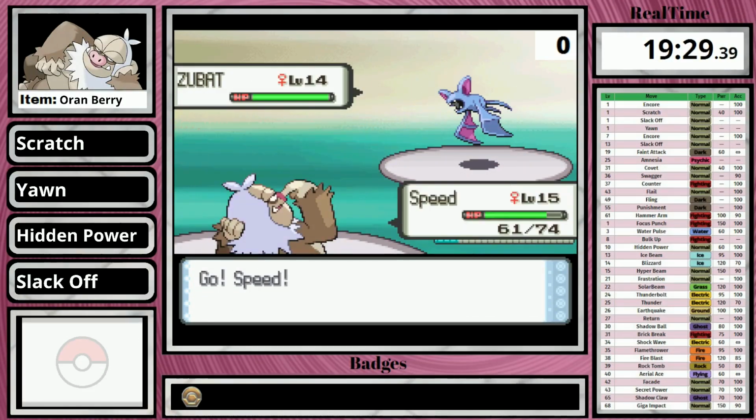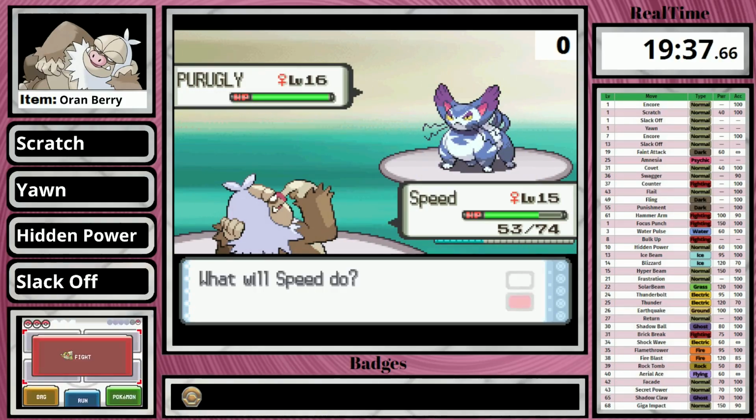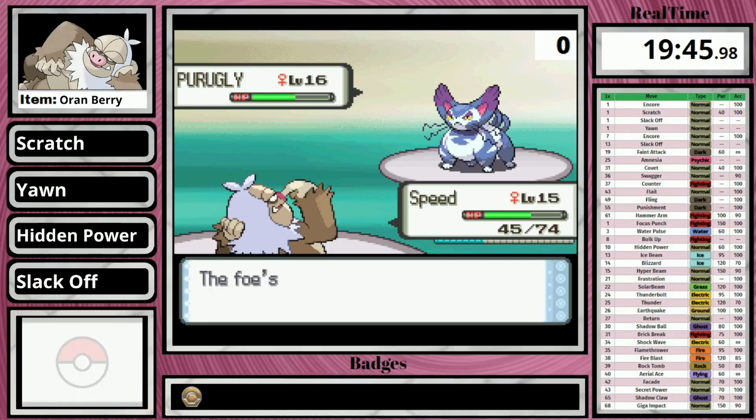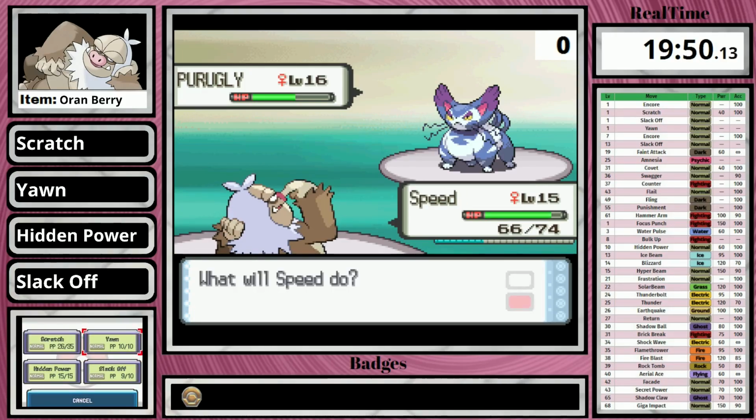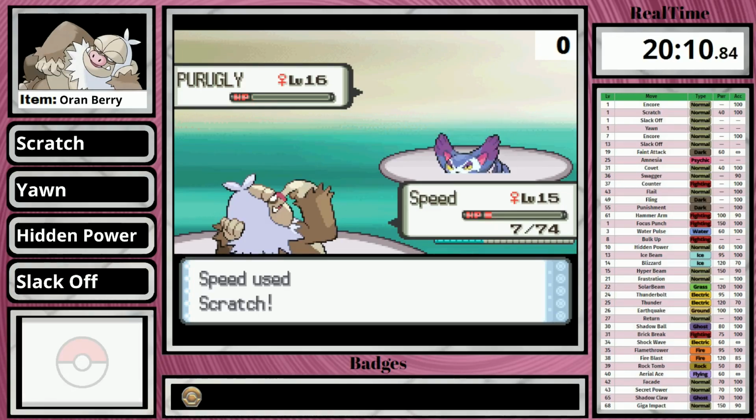Her first Zubat has Toxic, which would be absolutely devastating if it hit, but Slaking's great attacking power prevents it from ever using it. And next is Purugly. The thing is, this thing is a tank and can hit like a truck, and even though I had an Oran Berry equipped for this fight, which did activate, I win this fight in red health, which shows how badly this